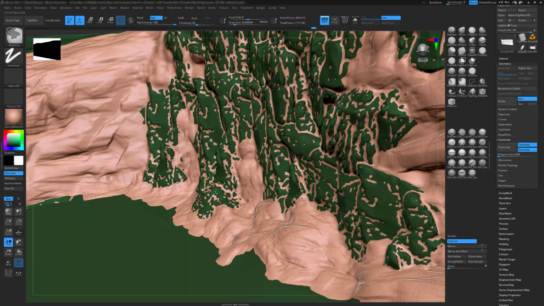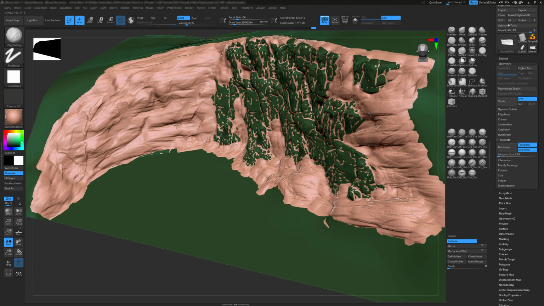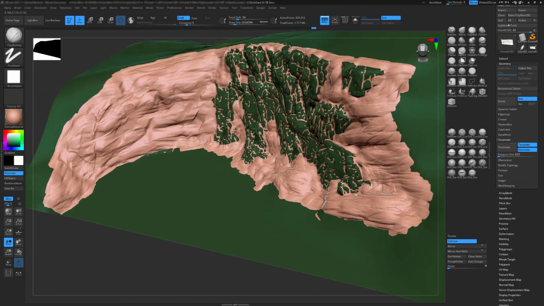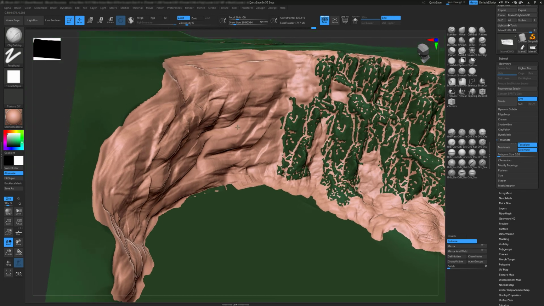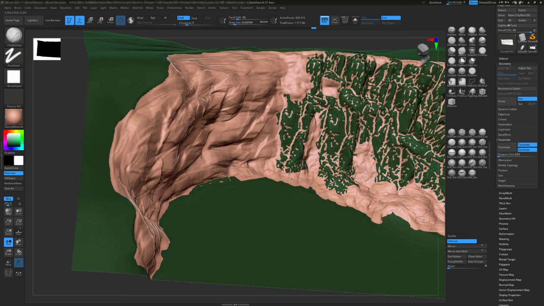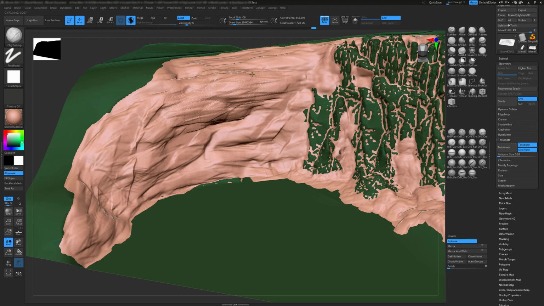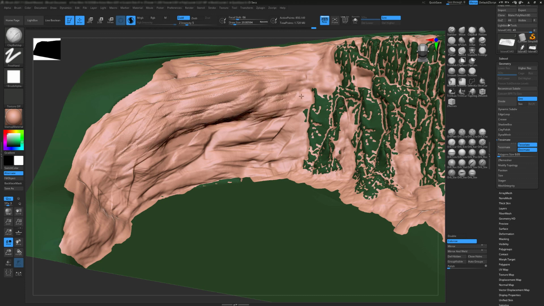The good thing about doing it this way as well is you can also add in details that you wouldn't really think about. So say if you wanted something overhanging or to loop over, say over here, I'll turn on Sculptris Pro at the moment. If we add some detail here, which is then significant, and get it to protrude out, then we could also create either a big overhang